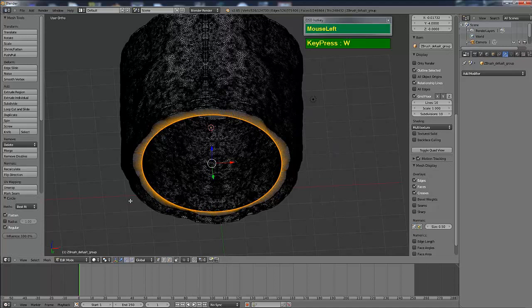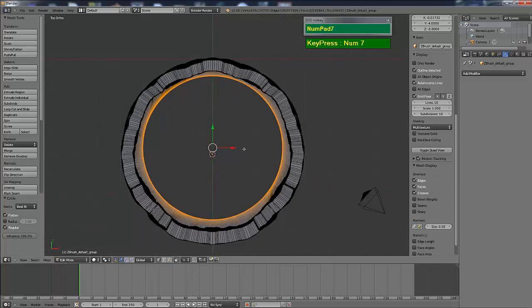So what Loop Tools will do is take these vertices and arrange them in a perfect circle. Let's go to the top view and you can see. You can manually rotate this if you are not satisfied. For example, I can rotate this selection until I get everything evenly spread out.